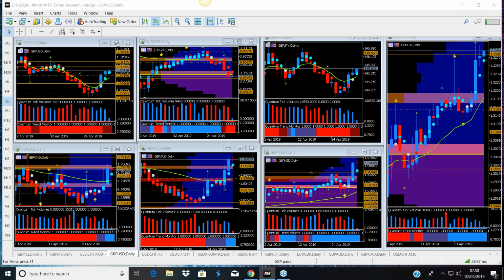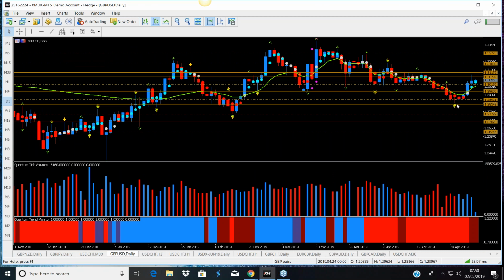Well, we see cable. What are we seeing on the daily chart on cable? Let's just expand that. We had this nice up bar here with reasonable volume underneath it. Then yesterday we had this. It looked like, certainly during the morning, there was continued pound buying, but then we had the FOMC yesterday, and that was knocked back quite a lot because the dollar was then bought as a result of, as I said, the FOMC. Now what's happening today, the price has gone back into the spread of this candle,